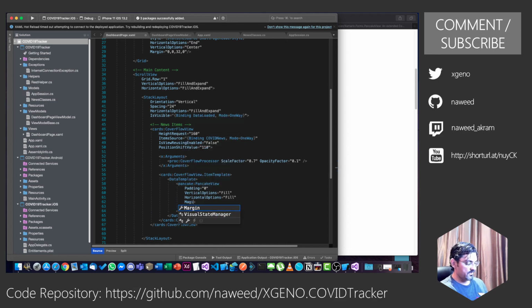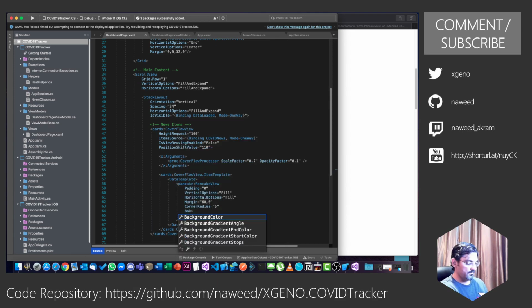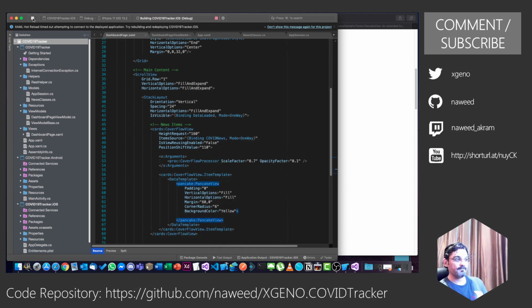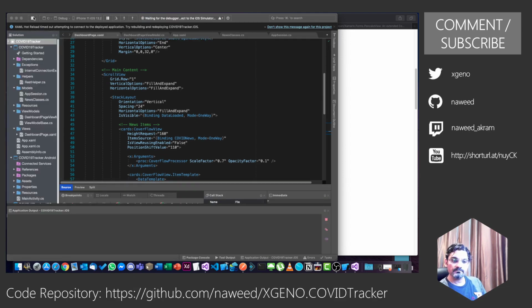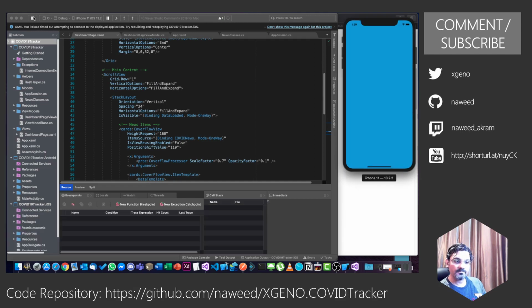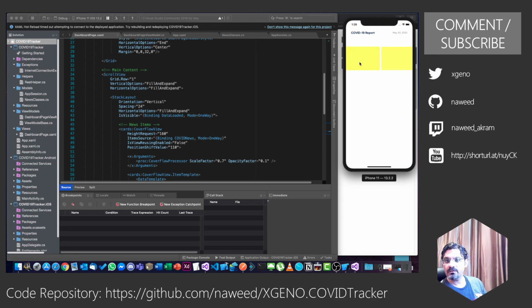I'm going to give it a margin of 60 on each side, left and right, and nothing from the top, and maybe a corner radius of 6, and we are going to give it a background color of, let us say, yellow, just to see how this looks like. So this is how it will look like.